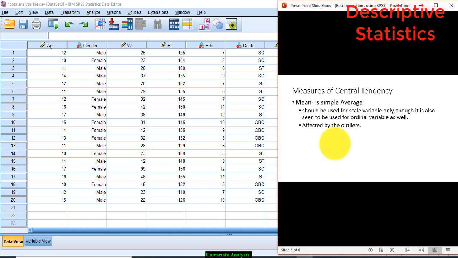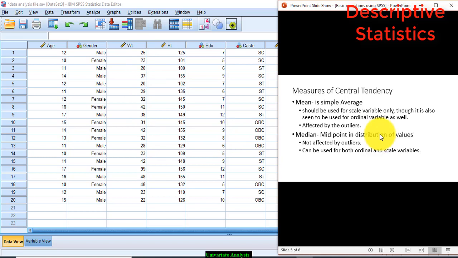The mean is generally influenced by outliers. Outliers are the extreme values at both the ends of the distribution. For example, if you see the weight, all the weights range from 22, 23, 48, 49, 32, 37 and like that. But one weight, 99, is the outlier, and it will affect the average weight of all the children.